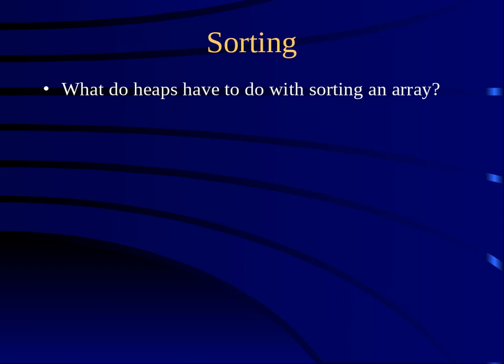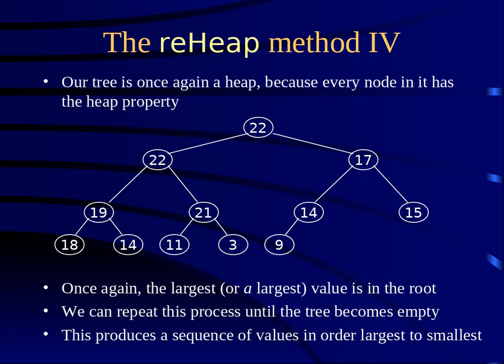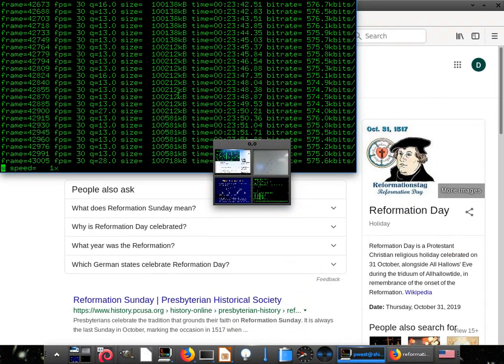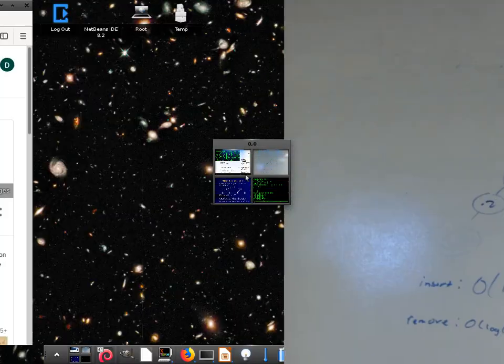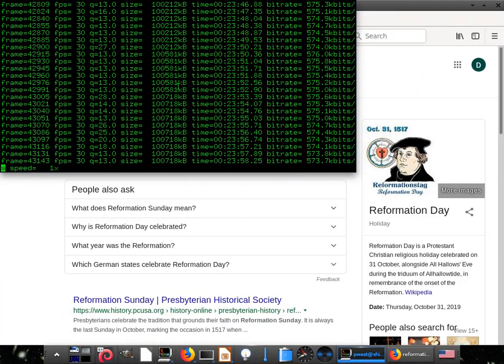All right, so sorting. Here's the big trick. And this is usually the part where students have the hardest time, so let me pause